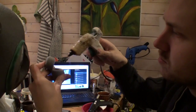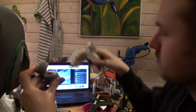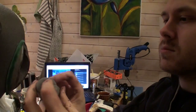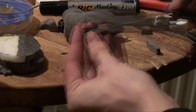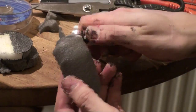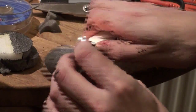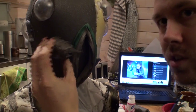And now we're going to take this pipe insulation here and just make a little cut in it and glue it back together so you'll have a bend like that. And then we're going to take some little pieces of EVA foam and just roughly shape them into teeth. And we're going to heat it, and this melts very, very easily, so be very quick with it to seal it up. And then I'm going to